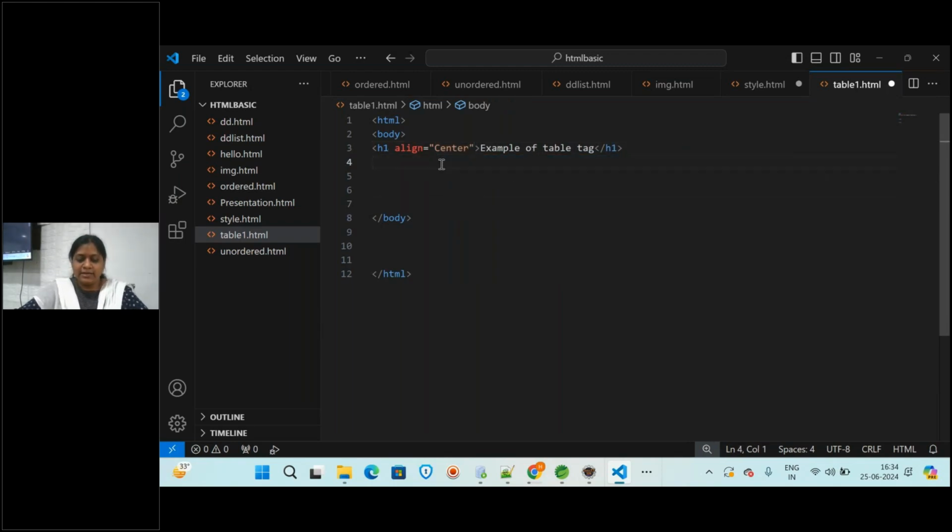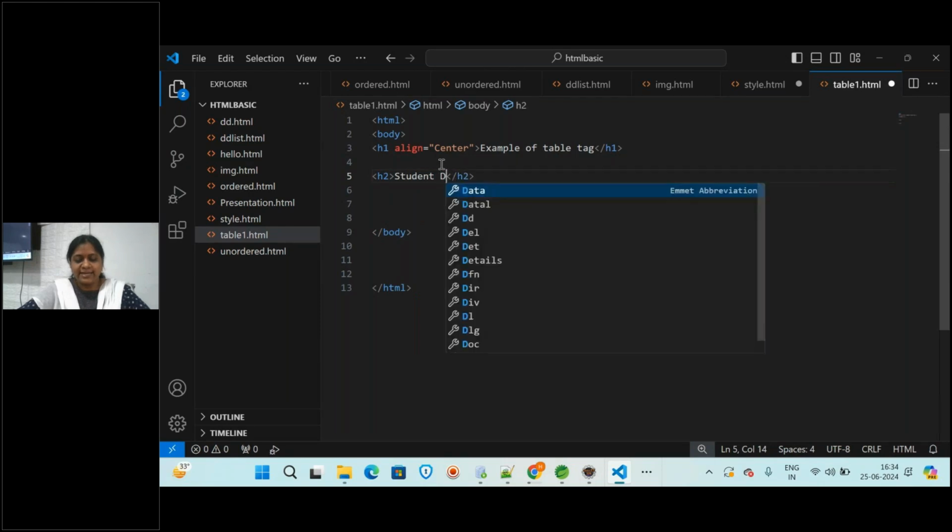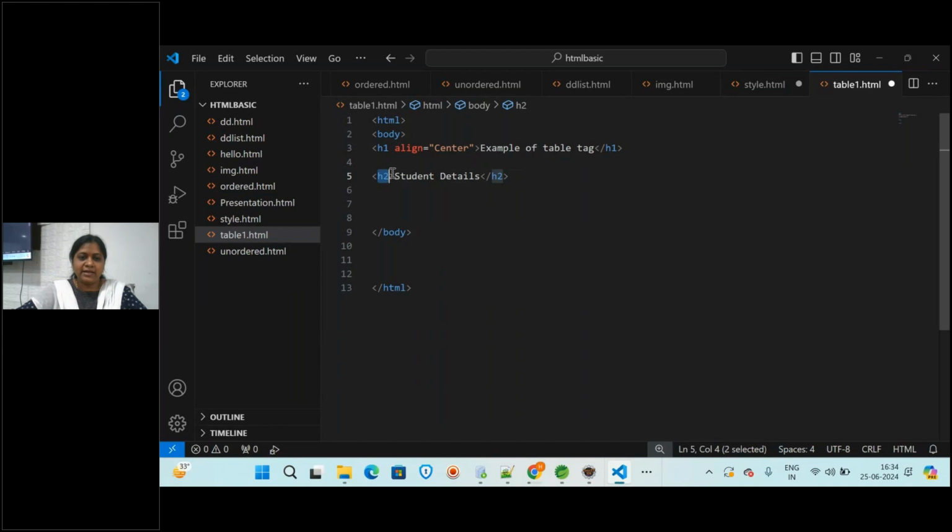And let us write one more heading here, h2. I'm giving here "student details" as a table, and let us give the alignment equal to left. Okay, I'm giving the alignment to the left, h2. Now let us write the table tag. So here you are writing table, and first let us write the table heading. In the heading I'm writing student id.